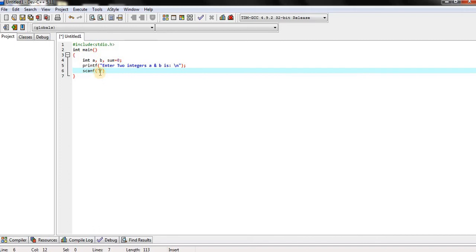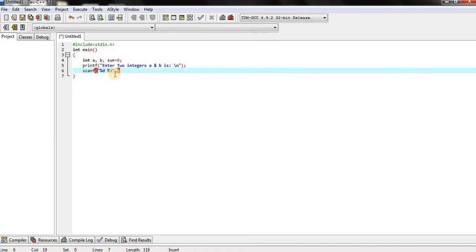We declared these variables in int data type, so we have to know the int data type format specifier to scan: %d %d. Here we are initializing a and b, two variables, so we also use two format specifiers in scanf.